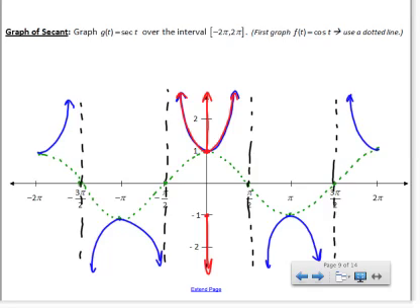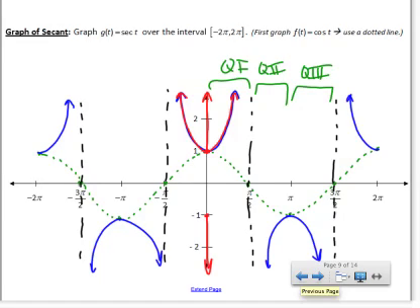Also, let's look at a few things that you should be tying together. Notice from 0 to pi over 2, this is quadrant 1 angles. Notice cosine is positive in quadrant 1. From pi over 2 to pi, that is quadrant 2. Notice that in quadrant 2, cosine has negative values. From pi to 3 pi over 2, those represent quadrant 3 angles. Notice your cosine values are still negative. And then from 3 pi over 2 to 2 pi, you're looking at quadrant 4, where the cosine values are